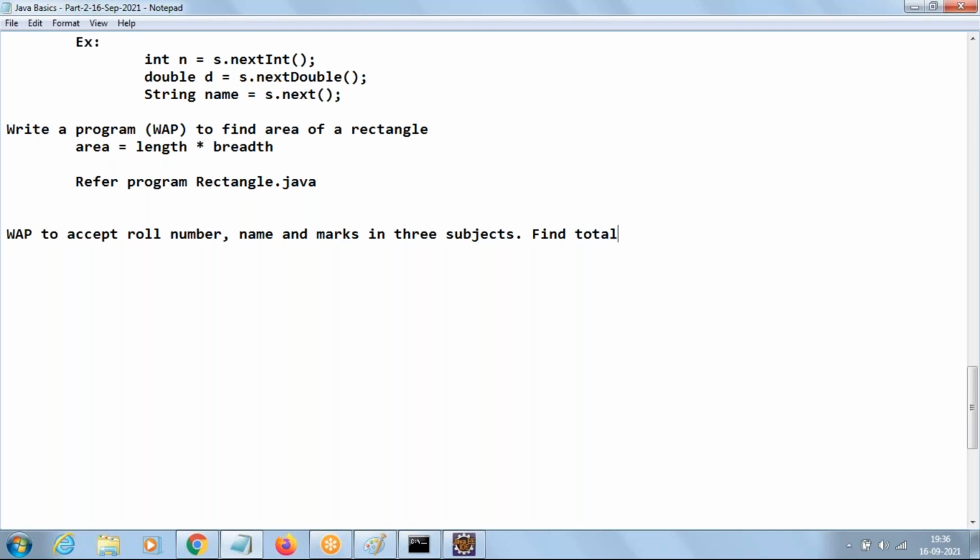How to find total? Adding up 3 marks. And average. How to find average? Total by 3, since there are 3 marks here. Then display roll number, name, total, and average. Let us go with the code. Refer program Student.java.